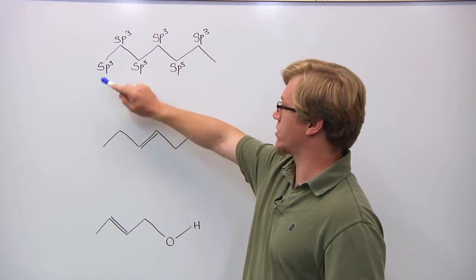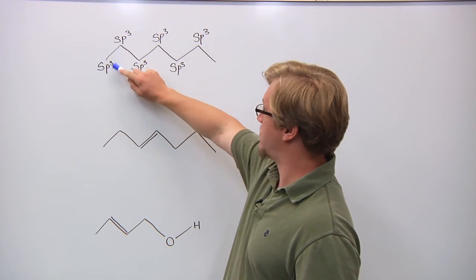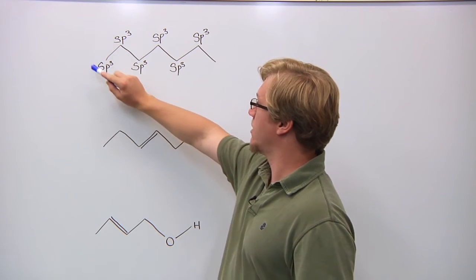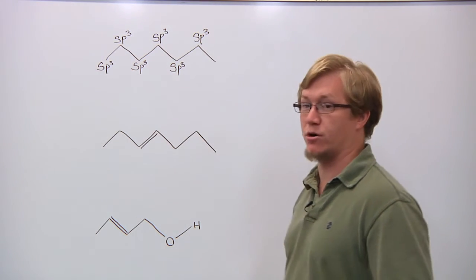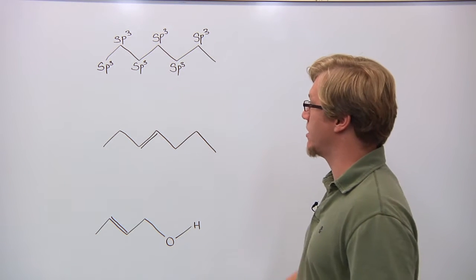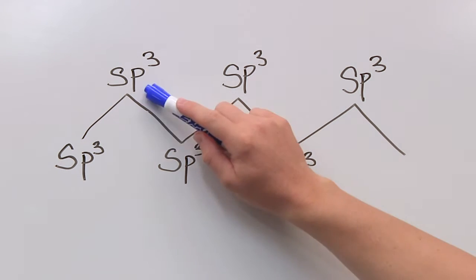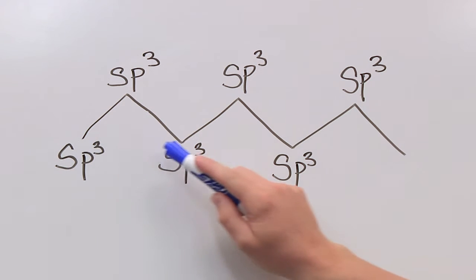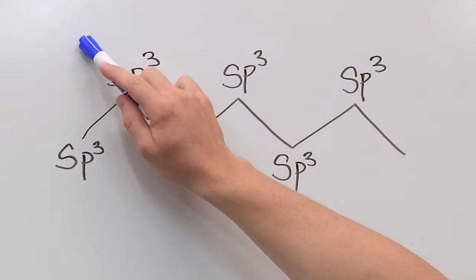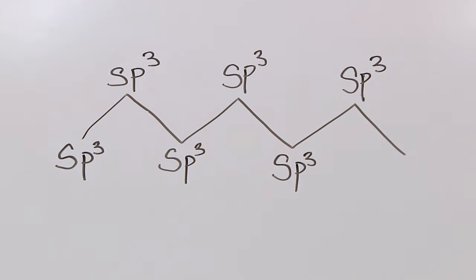The first carbon that we're going to look at here, we see is bonded to one more carbon, and we assume, because they're not shown, that it's bonded to 3 other hydrogens. That means that we have 4 sigma bonds and no pi bonds. So, as you see here, it is an sp3 hybridized carbon. For the second carbon, it's going to be bonded to 2 carbons, and again, we're going to assume that it's bonded to 2 hydrogens because they're not shown, which means that it has 4 sigma bonds and again, no pi bonds. It's an sp3 carbon.